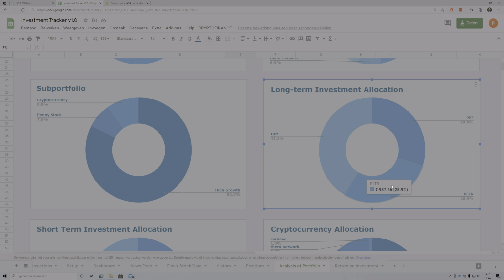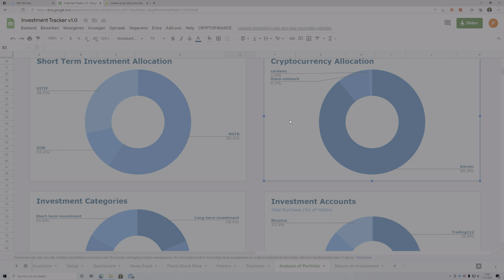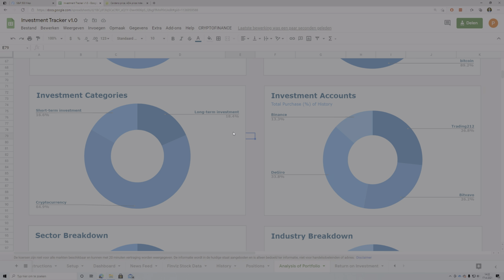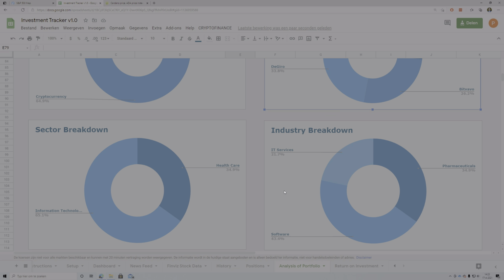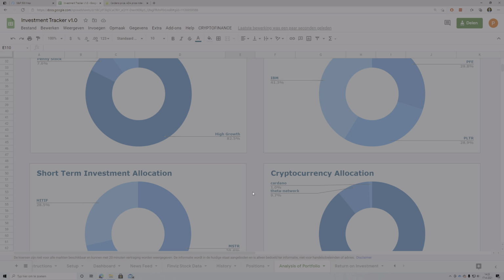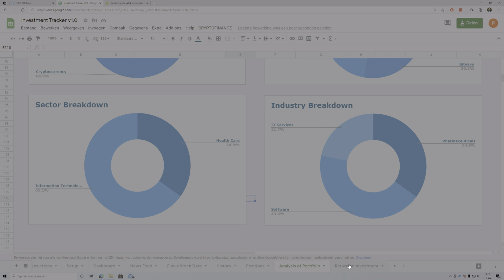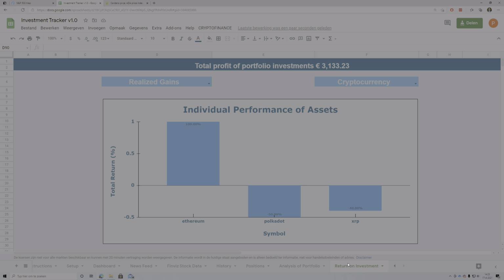We can see the allocation of the long-term investment, the short-term investment, the cryptos, and over here we can see, for example, how do these investments that we have compare to each other, how do our exchanges and brokers compare to each other. So what sectors do I own the most, and what industries do I own the most. And well, these are all tools which can help give you some insight into your investments. And the last